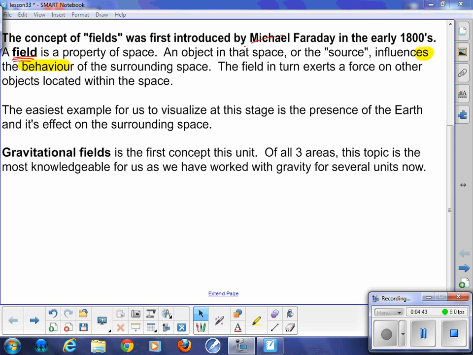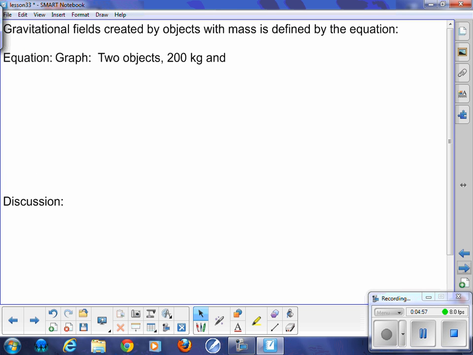So what we're going to start looking at today is gravitational fields. It's the first concept we're going to look at in these three areas: gravitational fields, magnetic fields, and electrical fields. Gravitational fields are created by objects that have mass. And we talked about this equation